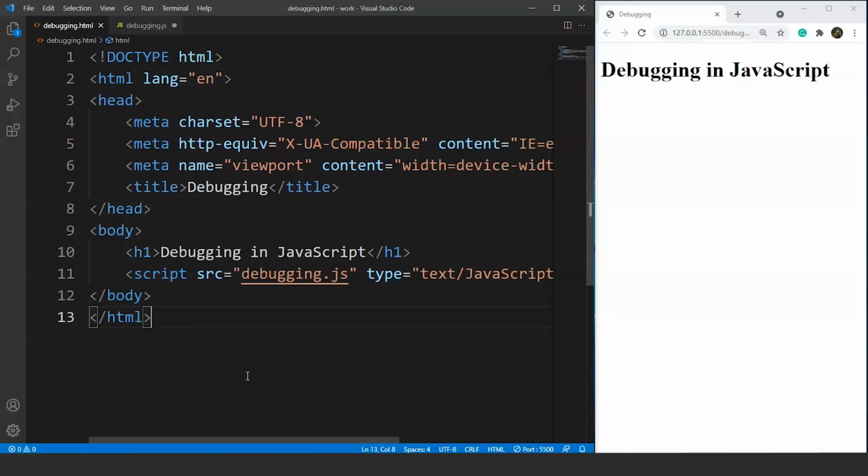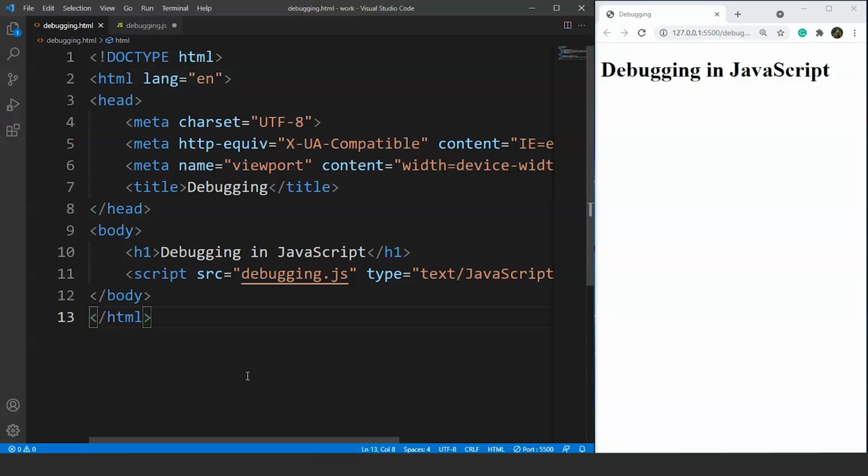We have been using the console for a long time now. We have seen how we can use it to print the output of our program in the console. That's quite simple. Now, debugging refers to finding and fixing errors in a program. Now, to remove those errors, we need to identify them and analyze the solution for them as well. So in this video, we will see how to identify an error in a program with Chrome Developer Tools.